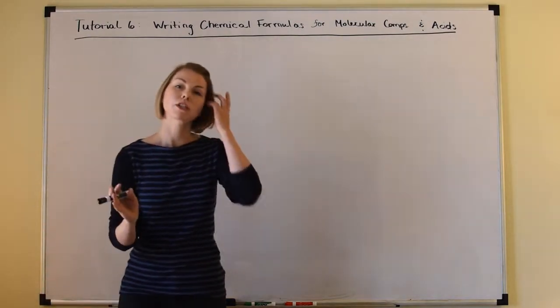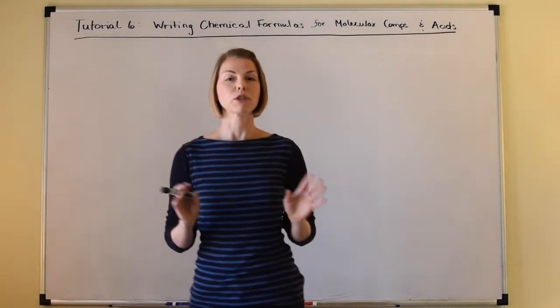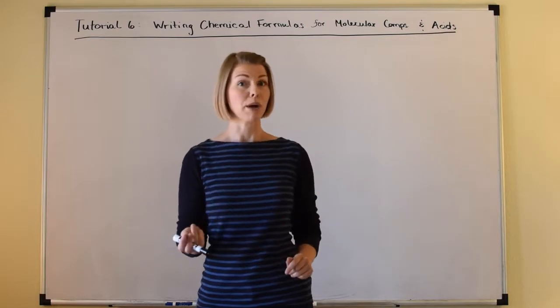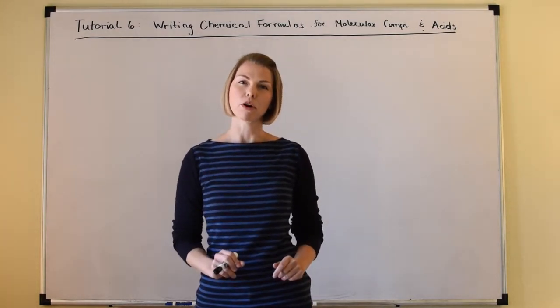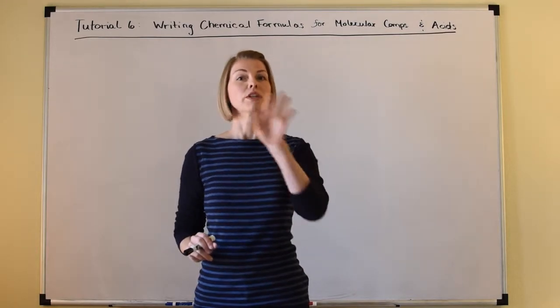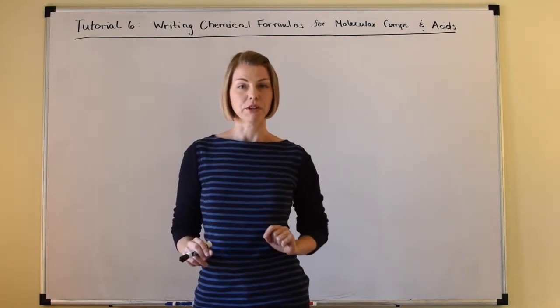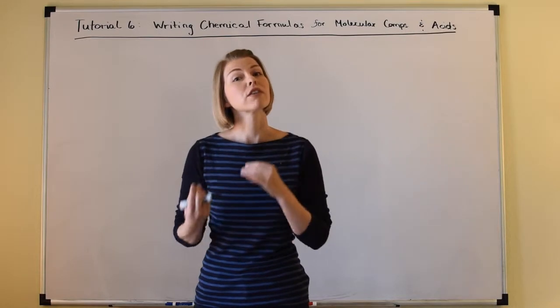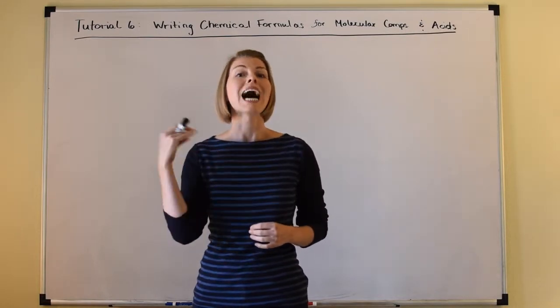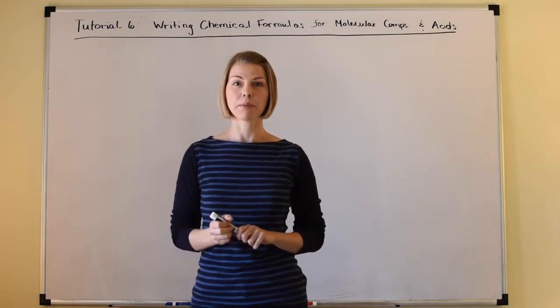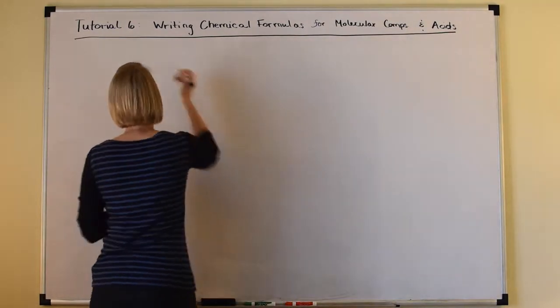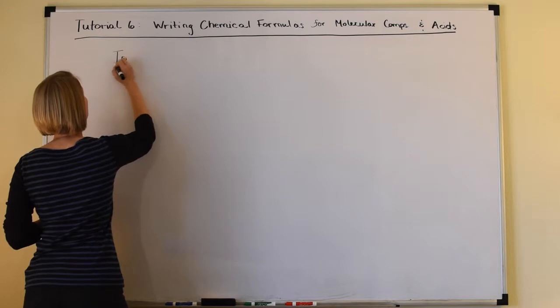Okay, so we're going to start with a little bit of review from tutorial number 5, where we talked about ionic compounds. Remember that an ionic compound forms when metals, which are on the left side of the periodic table, transfer their valence electrons to nonmetals, which are in the upper right side of the periodic table. Okay, so let's write that down. Ionic compounds